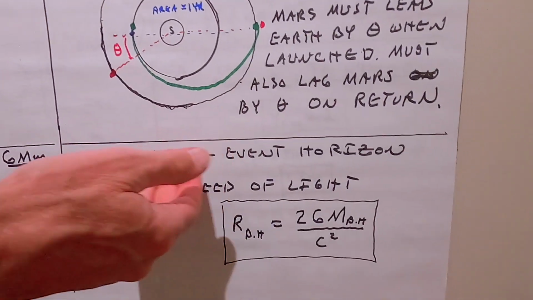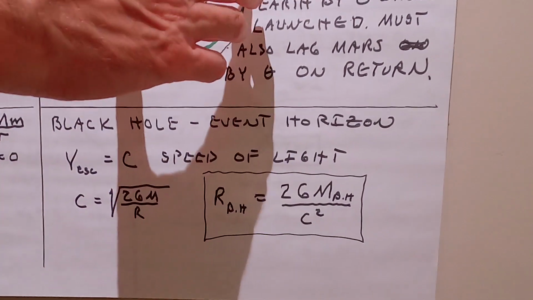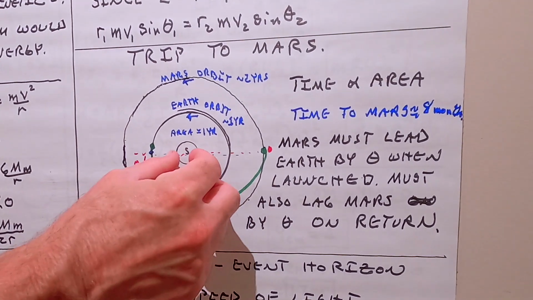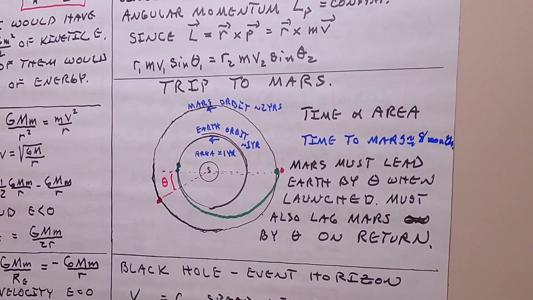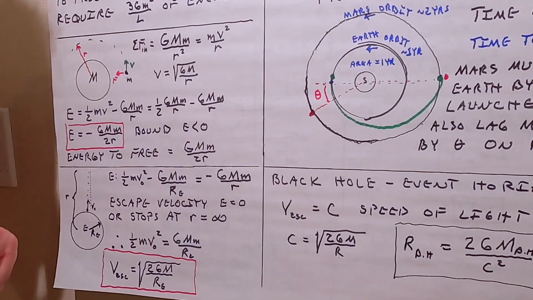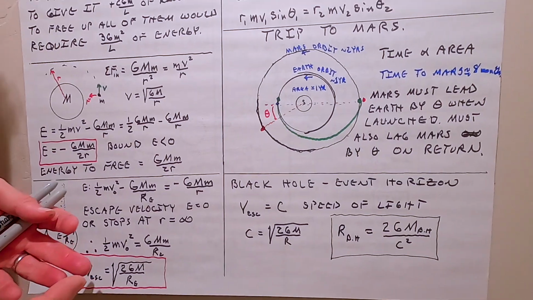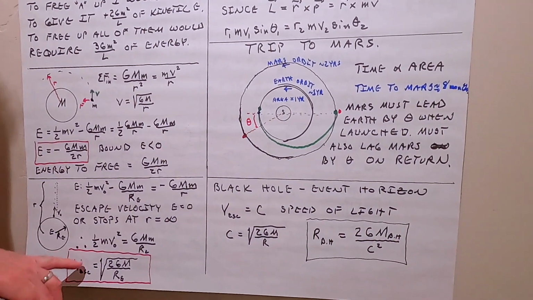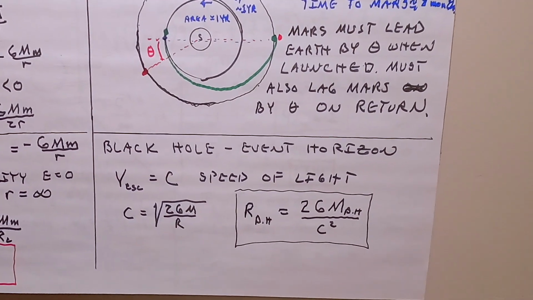Now, one other thing here, and that is the black hole right here. A black hole is just where gravity, if you squish the sun, or whatever, even the Earth, you just squish it down, gravity gets stronger and stronger. The stronger gravity gets, the larger the escape speed is. Now, we can talk about the radius of a black hole as when the escape speed hits the speed of light. So if we just set the escape speed equal to the speed of light,